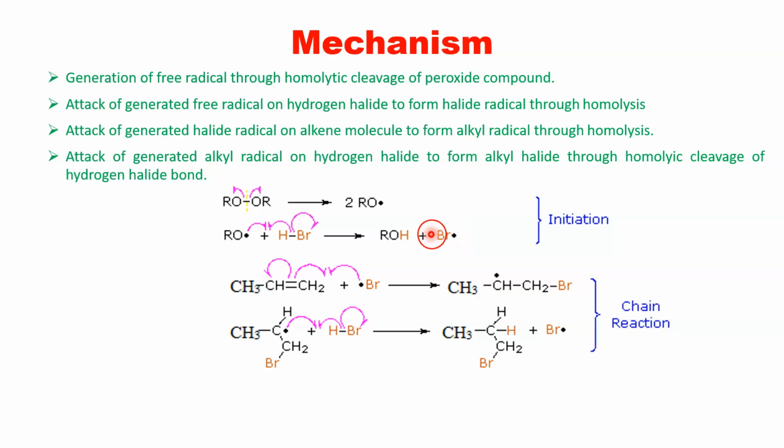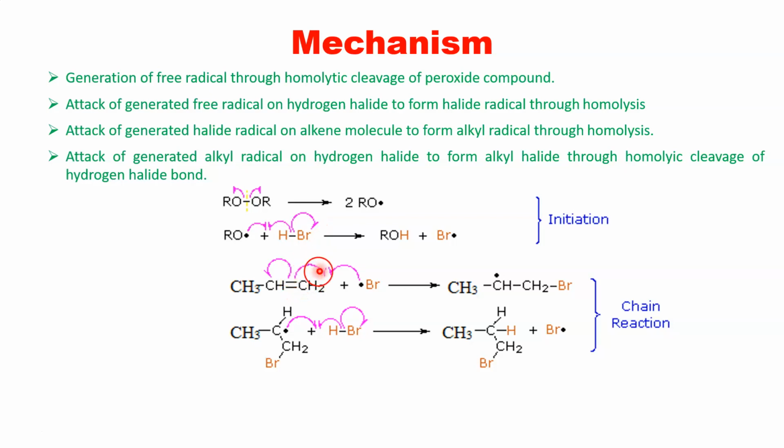And once this Br free radical has been formed, it attacks again on the pi bond of an asymmetrical alkene, and it gives again a free radical. So all this is happening due to the peroxide. Because the peroxide is forming a free radical, it initiates all the molecules in the reaction to form free radicals. So there is no heterolytic cleavage in this. So here you can see these arrows are also half arrows, right? They are not full arrows. So the half arrows are indicating that it is forming a free radical.